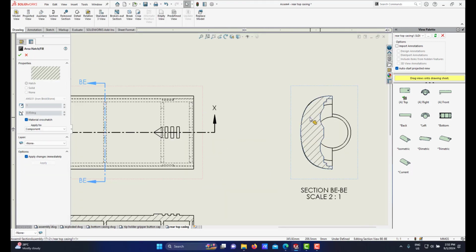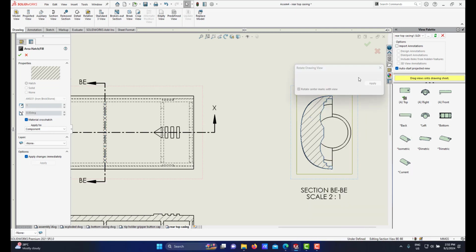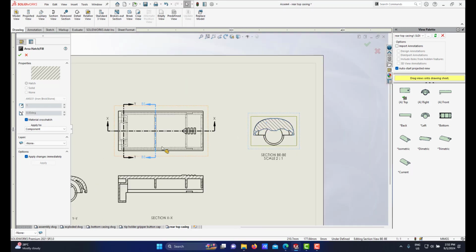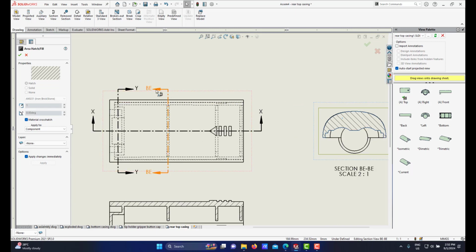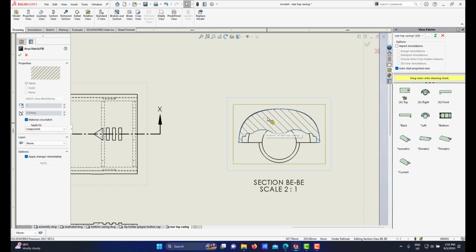Okay, I will do a rotate. If I bring it to the right, rotation is negative 90. Okay, about this, since it is cutting, this BE section is cutting the rib, this rib not supposed to be